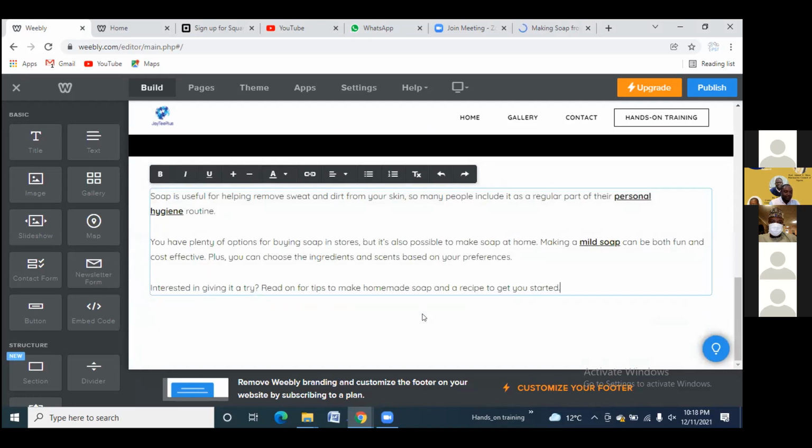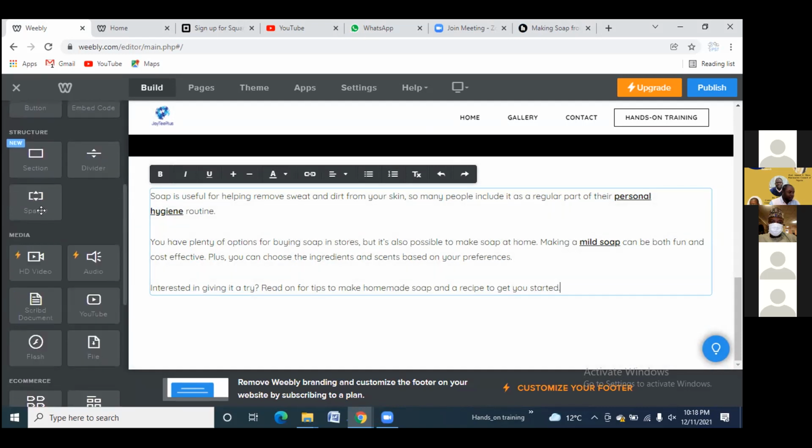So this is text. You can add an address where people can find you. You can drag and put it. You can add a spacer. So if you have a PDF with more information about this soap making, let me